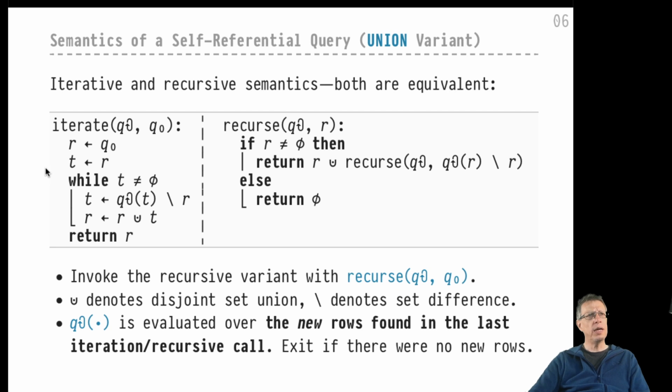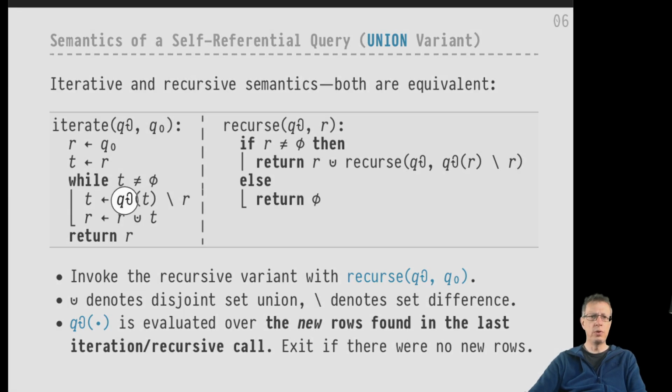As long as this last result that we've computed is not empty, probably it will not be empty in the first iteration here because Q0 will probably not yield an empty result. If it does, then everything is done already. Then the entire CTE will return an empty result. If the last iteration did not yield an empty result, well, then it's time to invoke the recursive query